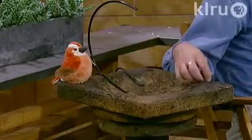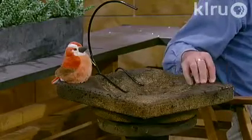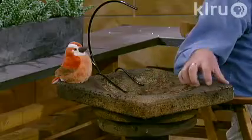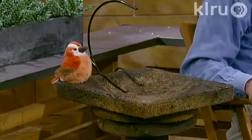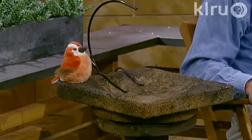Absolutely beautiful. And very functional as well as decorative, in that the rough sides give the birds plenty of easy footing. Exactly, and the slope as well. It offers a level never deeper than a quarter inch in a bath like that. Right. The other thing too that you can do, if you don't have the time or inclination to go out and refill it every so often,